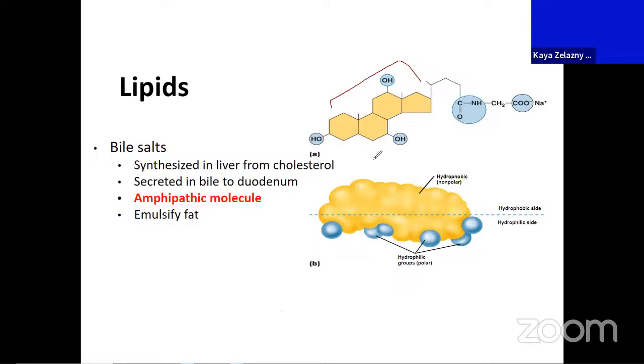So that's why they're going to become bile salts. They're going to have other regions that are more hydrophilic, able to combine. All right, okay. So we're going to have these bile salts in the bile coming from the liver and the gallbladder. We're going to secrete that bile containing these bile salts into the duodenum, so into that first segment of